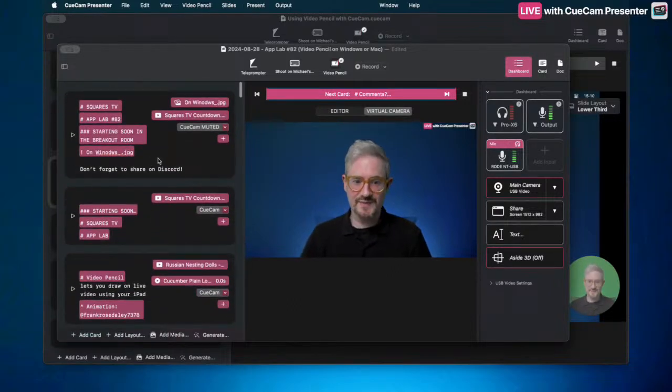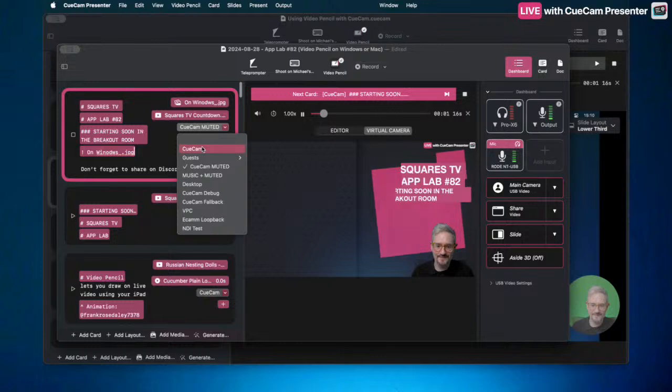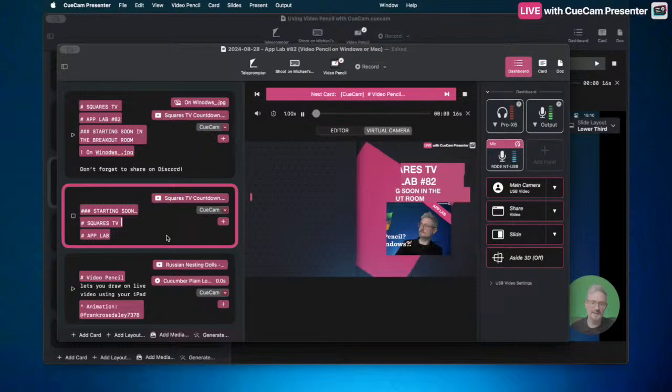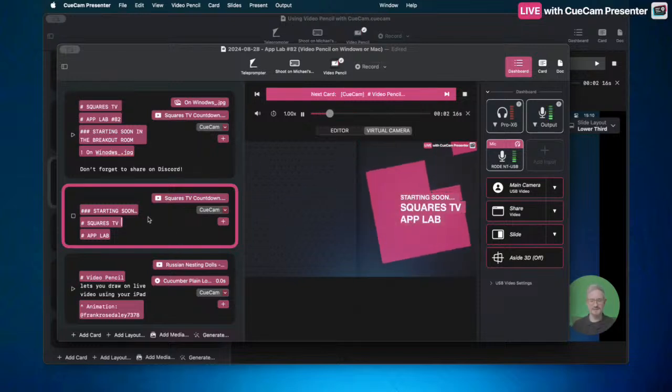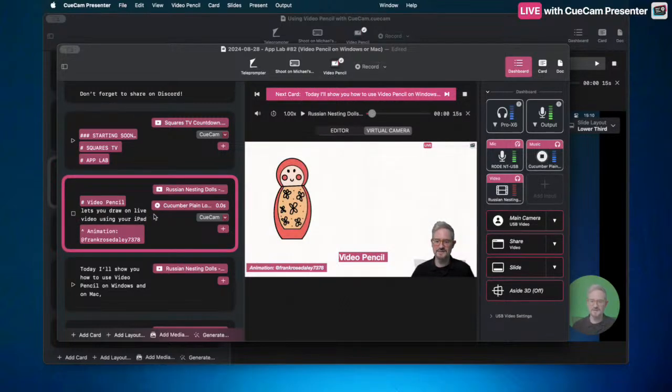This is the script for today. So when I'm waiting on Zoom, I've got this, and there's the countdown timer here. So you'd usually see the countdown timer, but that's set to when we start. And then when I'm counting down to go live on YouTube, I've got my title. It switches to a different CueCam scene. And then I found a little YouTube video on the internet,